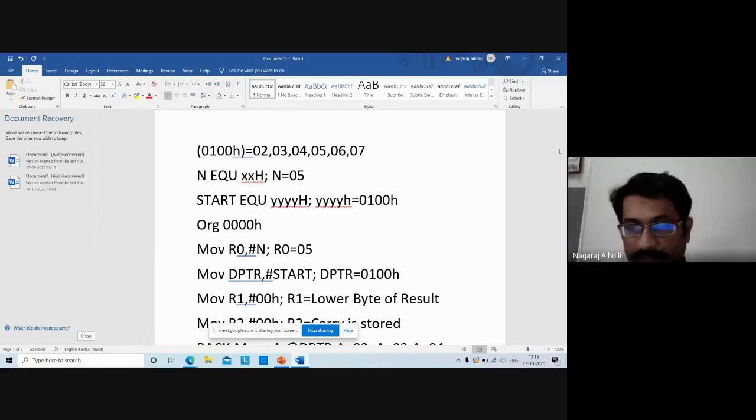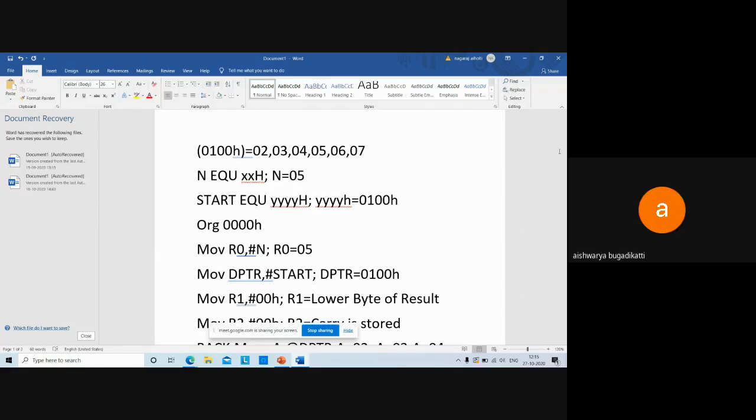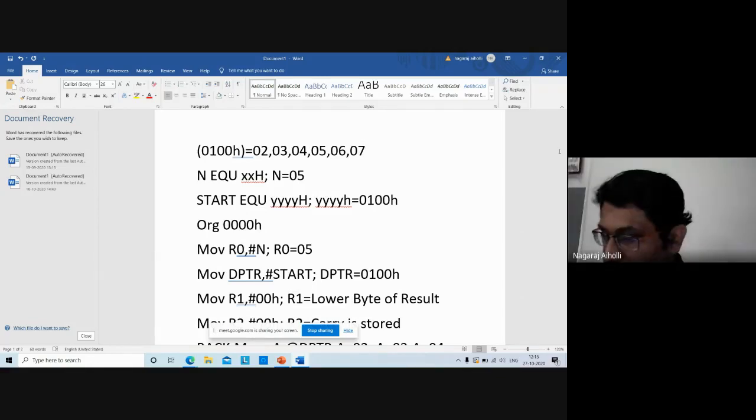Clear with the program? Saish, Vaishnavi, Rohini.